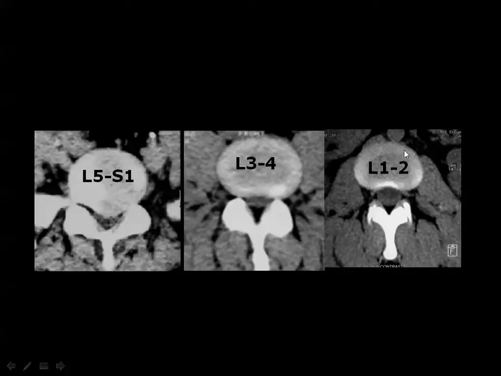The anterior border of the disc is not that important, but the posterior one is very important because it belongs directly to the thecal sac and the nerve roots. The normal posterior border of the lumbar disc is concave. Then if you see the border of the lumbar disc concave, then you know that you are dealing with a